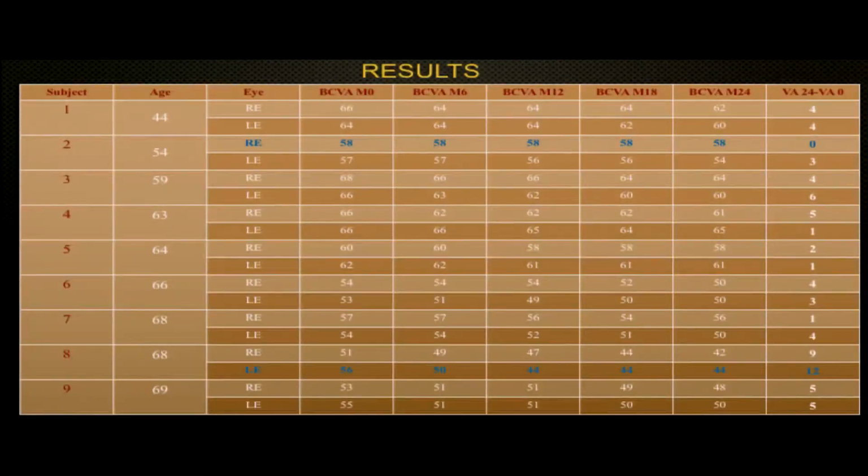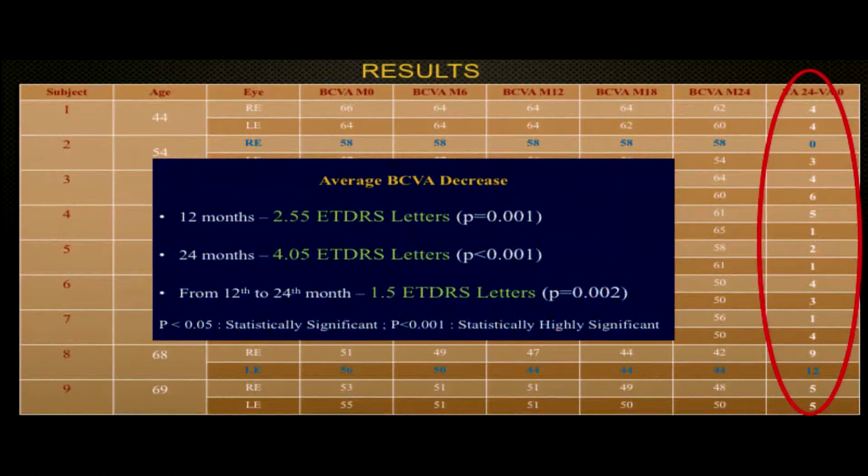So this table summarizes the visual acuity change. Well, we see that the BCVA has decreased in all the subjects except 1 eye. Average decrease in BCVA was 2.55 ETDRS letters at 12 months and 4.05 letters at 24 months, and the results